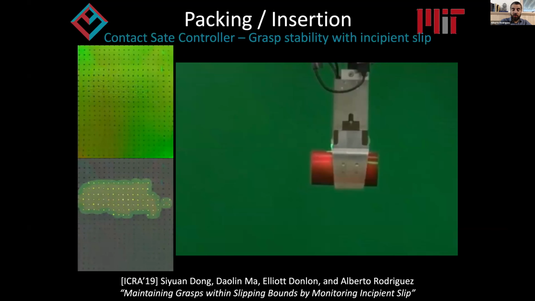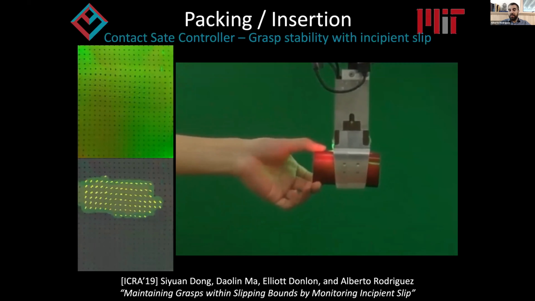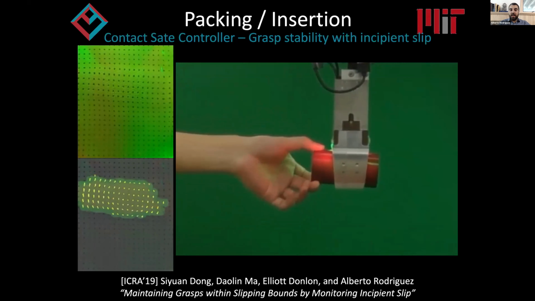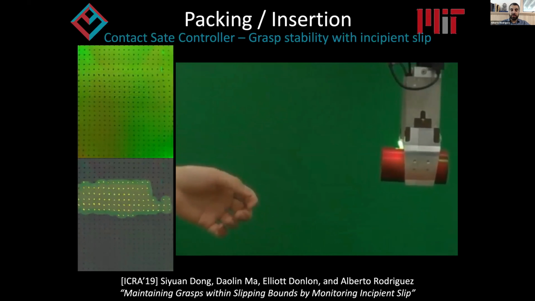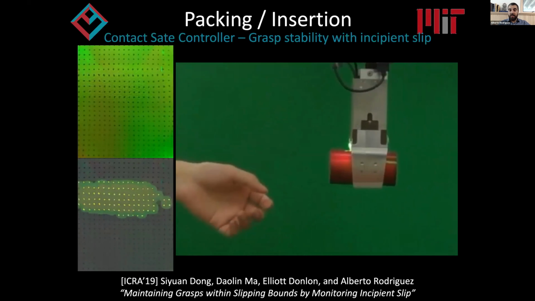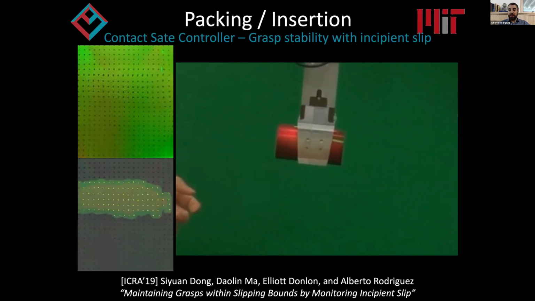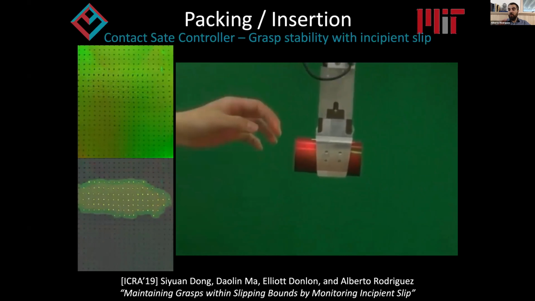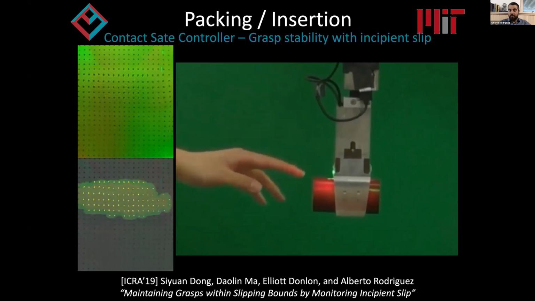And for controlling the stability of the grasp, we use this notion of incipient slip detection, where by tracking the interaction between the object and the gripper, we can allow the object to receive forces as long as there's no danger of slipping. And when it detects that it's about to slip, the controller doesn't let that happen. So this low-level controller is sitting underneath the exploration policy for learning the packing behavior,